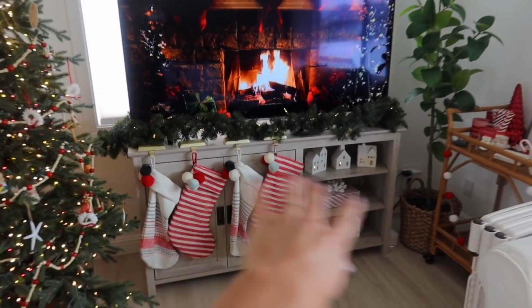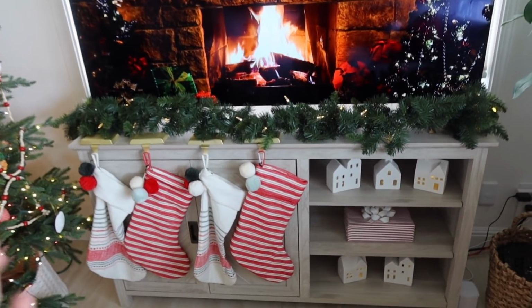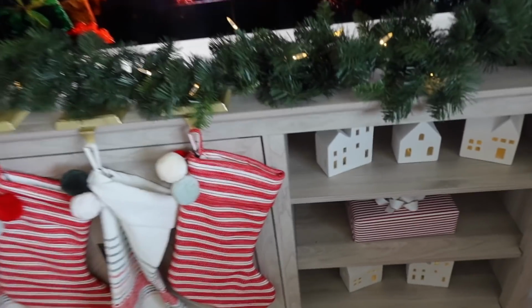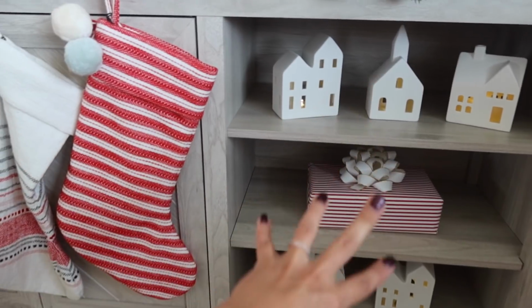On the TV stand here, I put a light up garland that I got years ago at Home Depot. Adam's mom brought it from our Ohio house with a bunch of decorations for us. And then I got these cute little light up homes. They were all in the dollar spot at Target this year, so I thought those were kind of fun